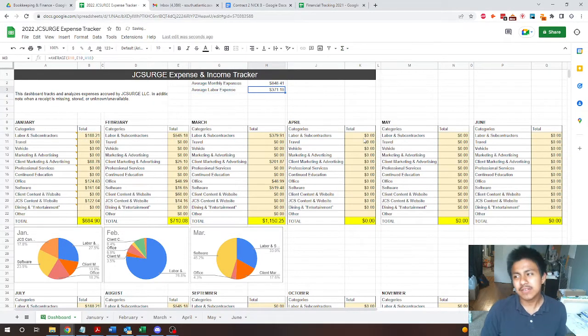Comes out to $371. So it's pretty chill. If we're making about $1,000 or $2,000 a month, we're only spending $300, and this is stagnant. This is the same. This is steady pay. So if we get, let's say, and I can tell you this from my experience running a business, if you